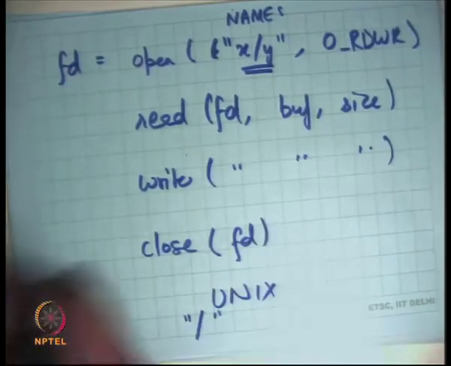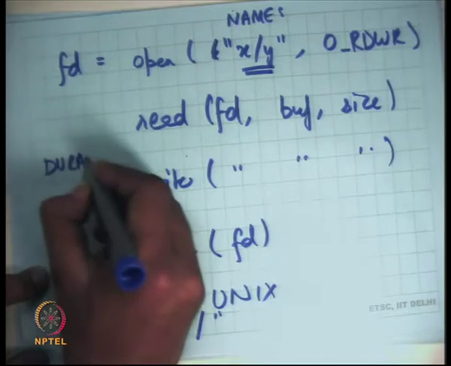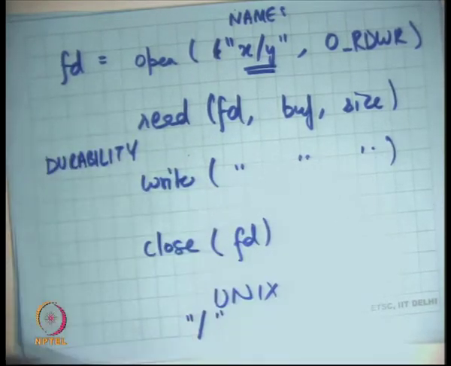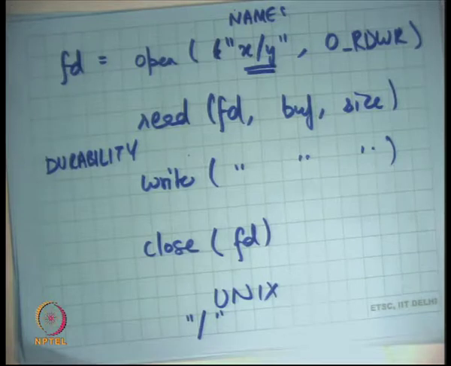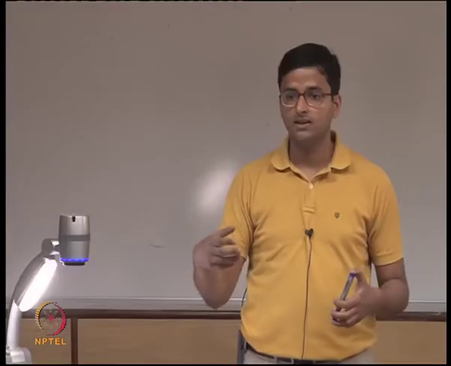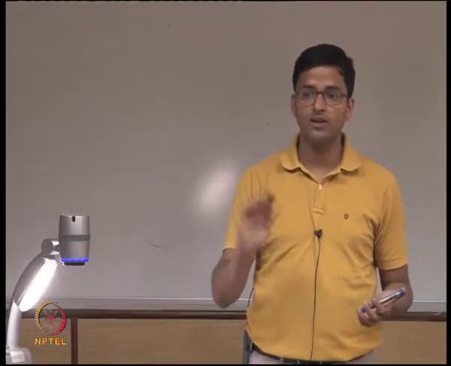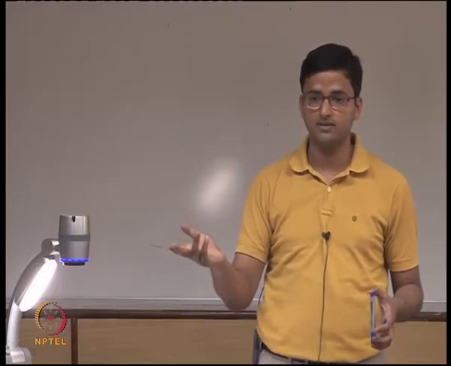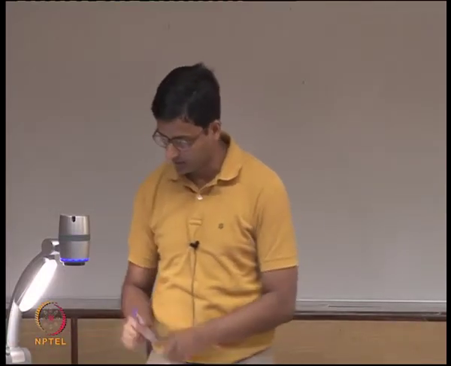Okay, now let's look at durability semantics of these calls. By durability I mean, if I say write, can I be sure that the data is on the disk? Which means if there was a power failure after the write returned, and then there's a reboot, can I be sure that whatever I wrote is going to be present on the disk? These are part of the semantics that the operating system provides to you, and these are flexible. Unix doesn't specify what semantics you want. It's really up to the operating system designer to decide. Let's look at the different semantics that you can have.